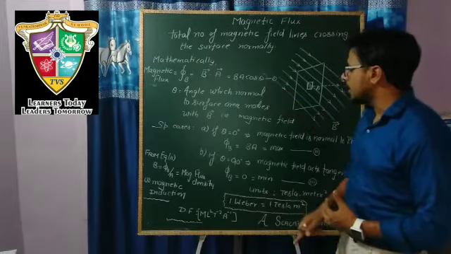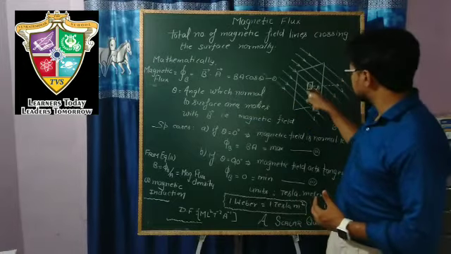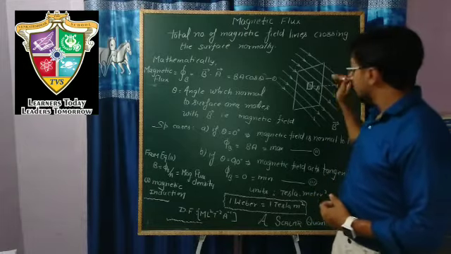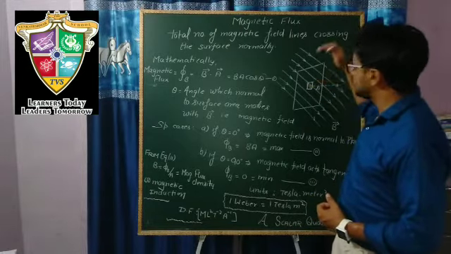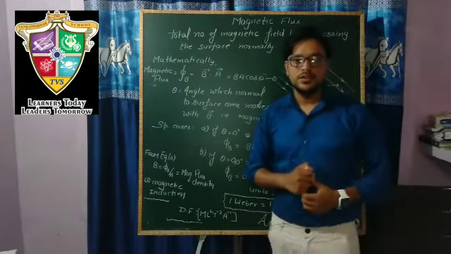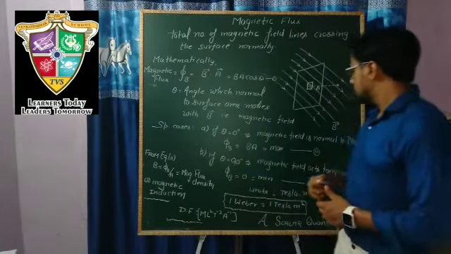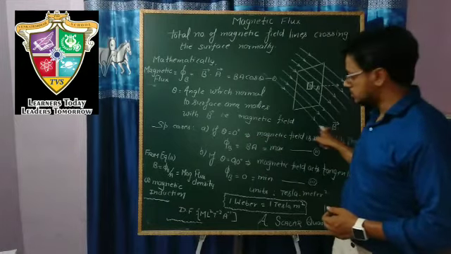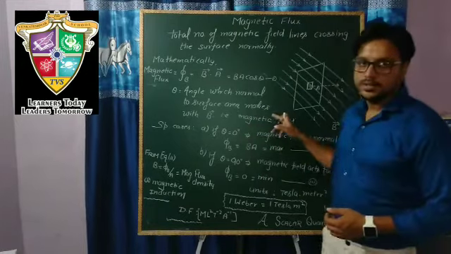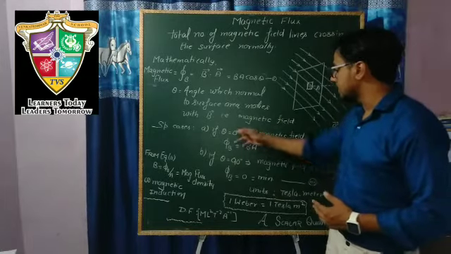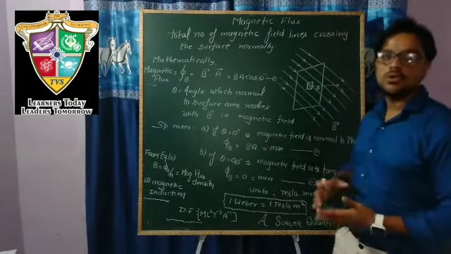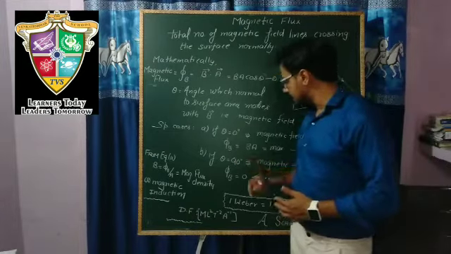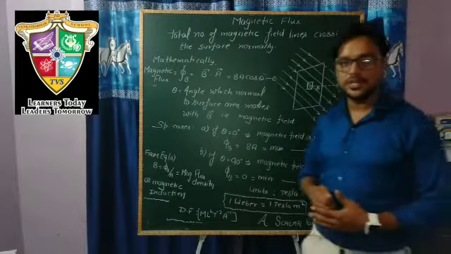Theta is the angle which the normal to the surface area makes with the direction of magnetic field. The dotted line is the normal. So if theta is 0 degree, the field is normal. This line you have to keep in your mind. Sometimes you will say that if theta is 0, the field is parallel. No, the field is normal to the plane in this case, and if theta is 90 degree, then you can say the field is parallel to the plane.